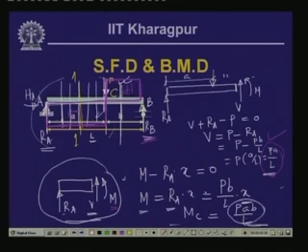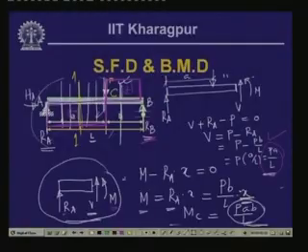So, this is the value of the bending moment, and it is varying linearly. As the value of x is increasing, the magnitude of the moment also is increasing from 0. When x is 0, bending moment is 0, and as gradually the value of x is increasing, the value of the bending moment is linearly varying, and at a distance which is a from left end, the magnitude of the moment is equals to P A B by L. Now, what happens to the bending moment which is on the right hand side of this particular load? Now, let us calculate from the free body of the other part,